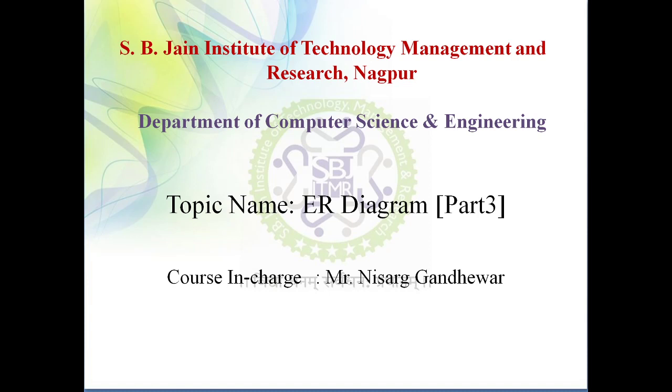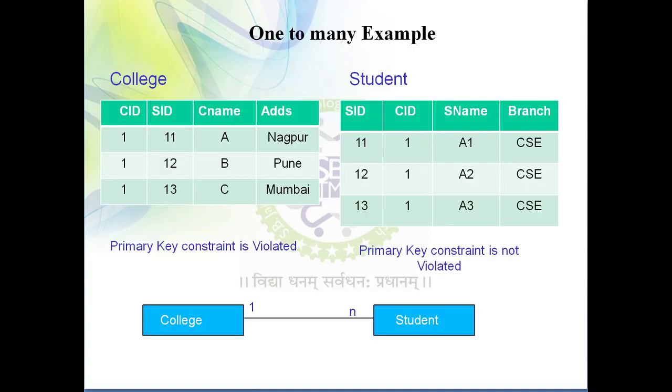It's our part 3. In part 1 and part 2, we discussed various basics of ER diagram. We started from the very basics: what is an ER diagram, what is the importance of an ER diagram, what are the components of an ER diagram, what are the symbols that we use in an ER diagram. In the last lecture we discussed the steps to draw the ER diagram. Now in today's lecture we are going to see a sample ER diagram and some tips related to ER diagram. So we'll start.